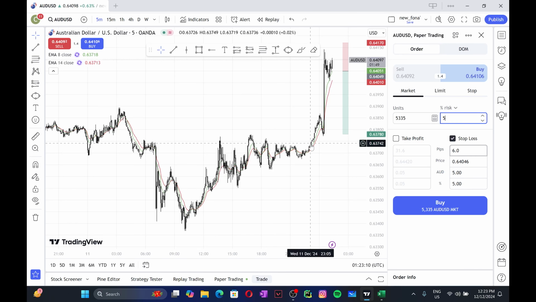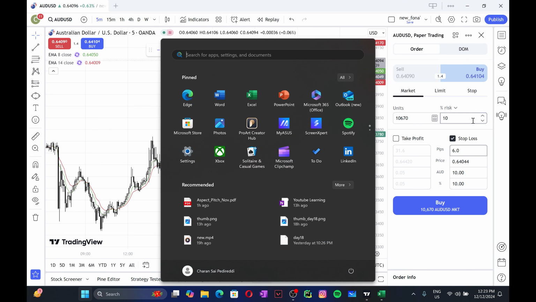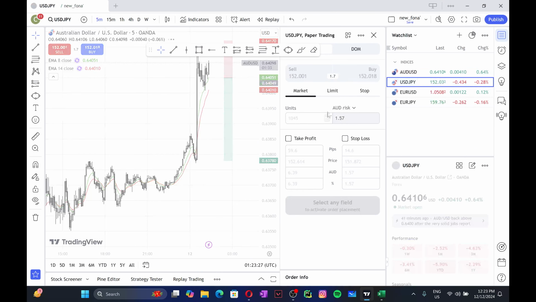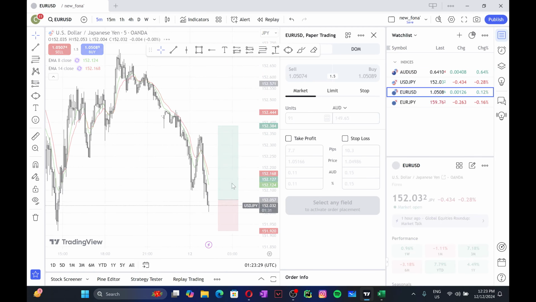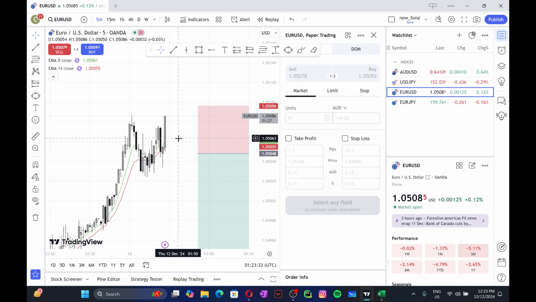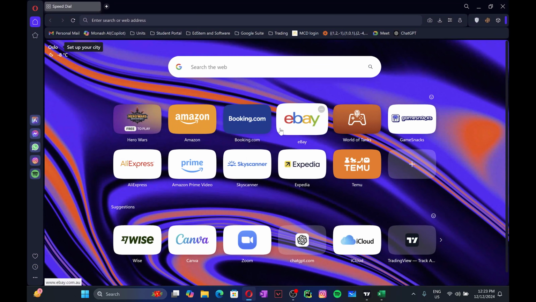So I would keep 5% risk every single trade. Or maybe I could go 10. So for now, since we're just testing, I want to see how 10% risk would do. Again, I want to use something online. It's kind of difficult to look at all 3 charts at the same time, so I think this is the closest one. Alright, anyways, let's see.